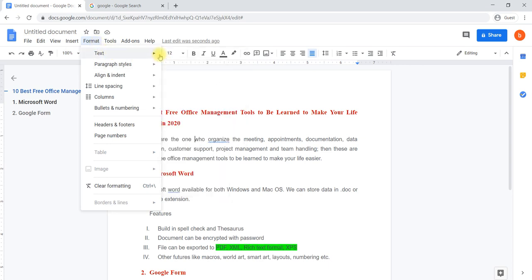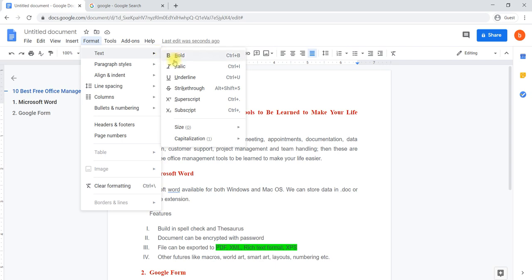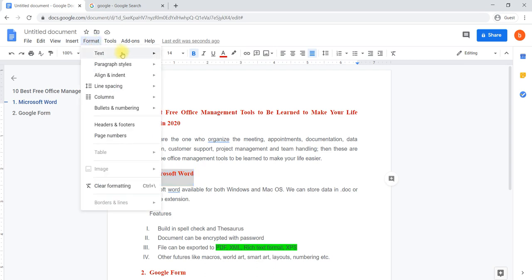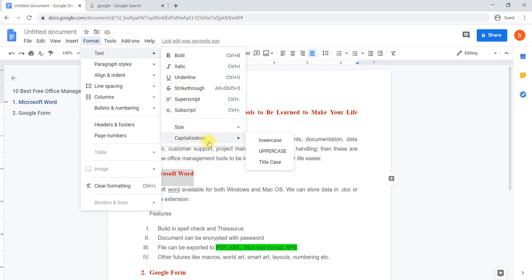We already learned about that. All text related formatting like bold, italic, underline. Strike through is nothing but striking it out. These are the text related formatting. And the size also, you can increase or decrease the font size. Capitalization, in the sense, for example, if you would like to make it all in uppercase, then what we can do, we can go to Format, Text, Capitalization, select uppercase,